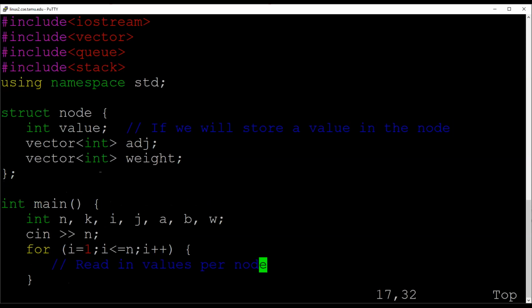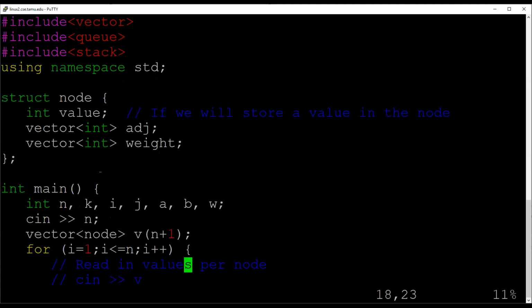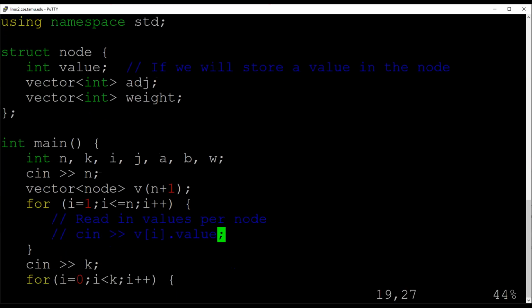Okay, and for example, if we were reading in stuff here, this is where we would do something like we would see in, let's go ahead and create something here. Let's say we have a vector of nodes, v, and it's going to be of size n plus 1. Okay, and this is where we'd read in vi.value, something like that. So if we were reading in values, we'd have something like that in there, but we're not reading in